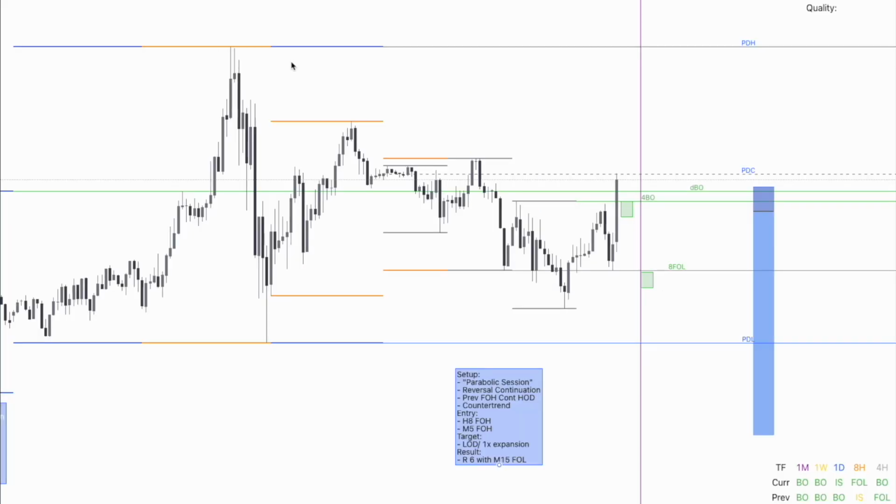So now, parabolic session example. So this is again a bearish setup, or bearish example, and you see that's more or less exactly what we just seen as a parabolic session. It's not the lower low on the inside, the deep one we had through the PD low, previous day low, but it's a smaller lower low on the inside,